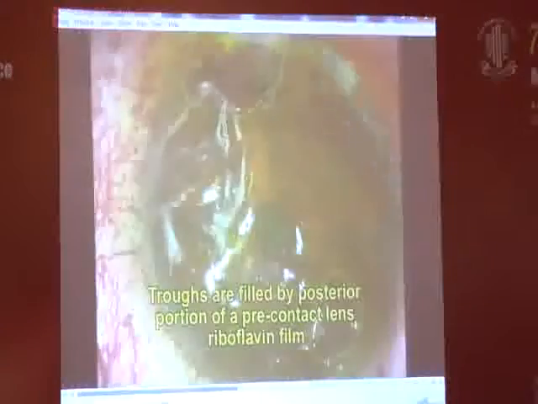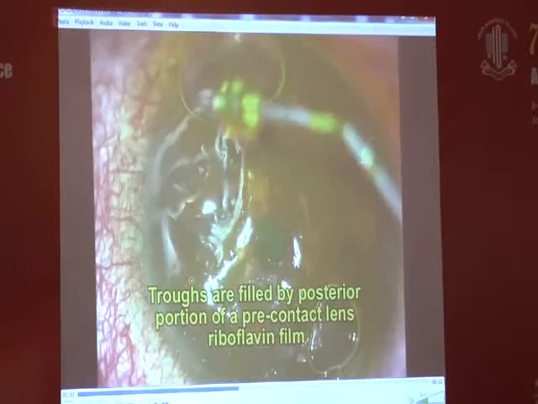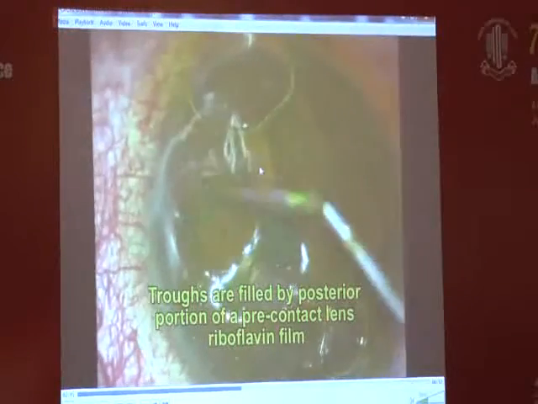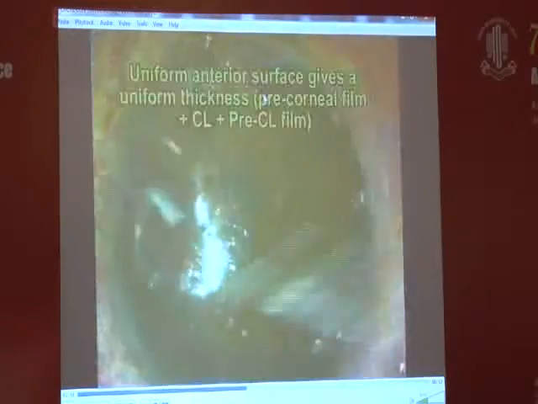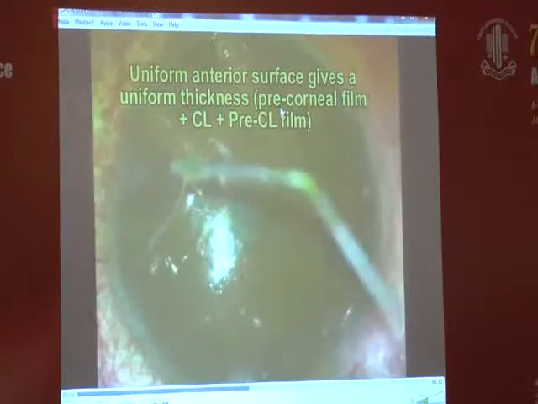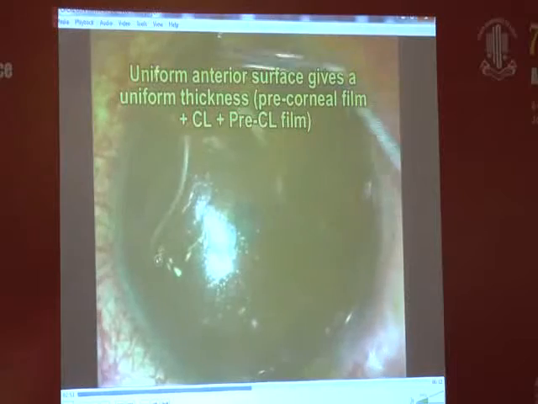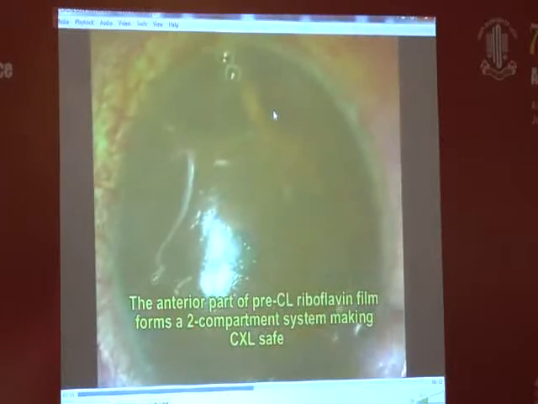don't take care of them, can cause auto holes fault. So what we do for taking care of these are, we just fill the troughs. So those are the holes that you see there. Apply a layer of riboflavin on top of the contact lens, and then you get a uniform surface. And I just show it to you on the slide. That's again a trough which is being filled. I'll show you